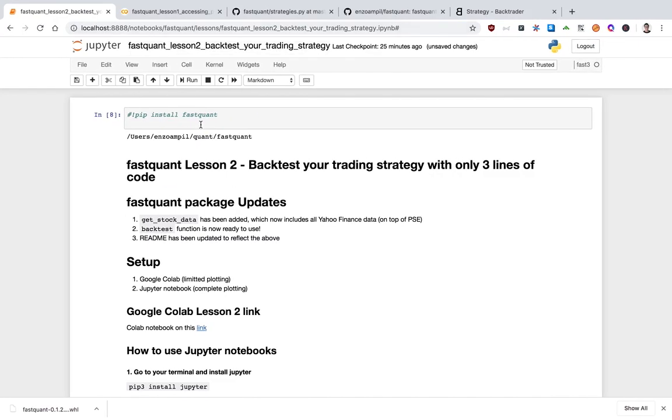Hey guys, so today I'll be discussing fastquant lesson 2. If you were here in lesson 1, we focused more on how to get stock data, how to plot that, and how to do basic analysis with a simple moving average crossover strategy. So for lesson 2, we're going to be focusing on how we can get that data and